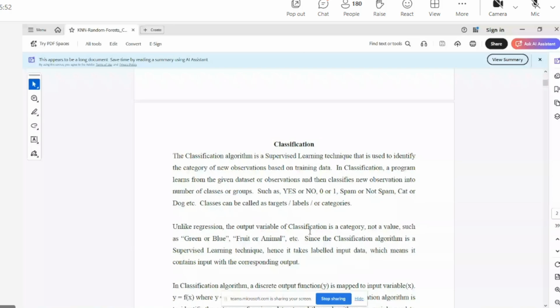For example, you are from a EEE department. You are reading the vibration of a machine. In a machine, there are vibrations, so you are reading the vibrations. Based on the vibrations, you are going to identify whether the machine is going to be faulty or not. Either faulty or non-faulty. Only two possible outcomes. Then you will say this is a machine learning binary classification problem.